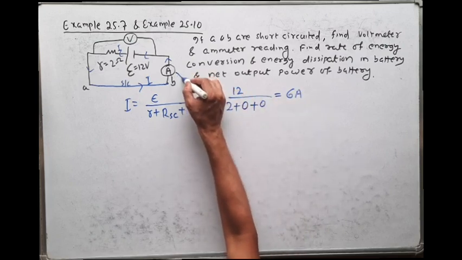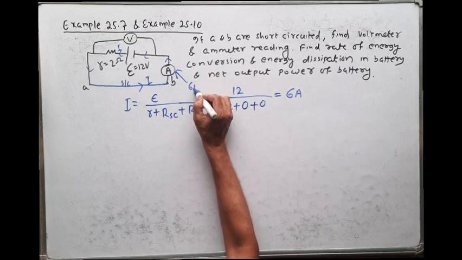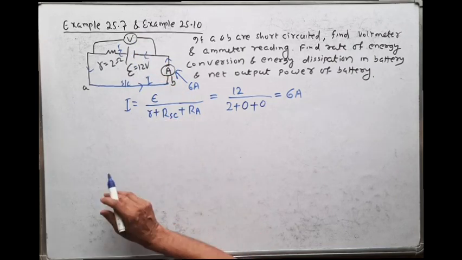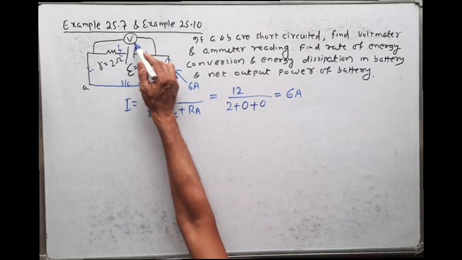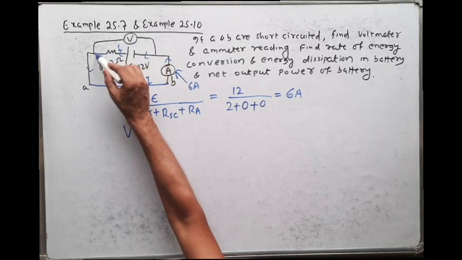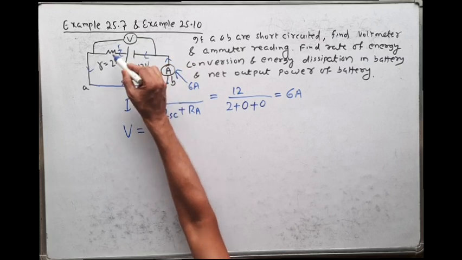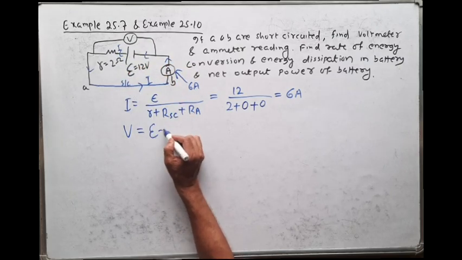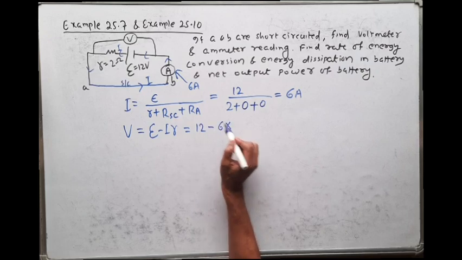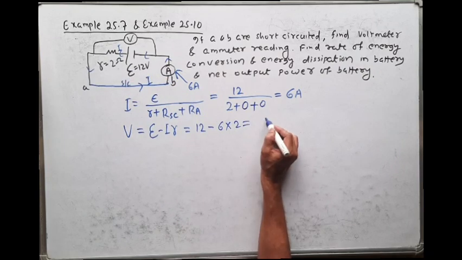So this ammeter will show 6 ampere reading. Then what is the voltmeter reading? You see, the voltmeter reading V is the voltage across the two terminals of this cell. So V is nothing but E minus IR. E is equal to 12, I is equal to 6, R is equal to 2, that is equal to 0